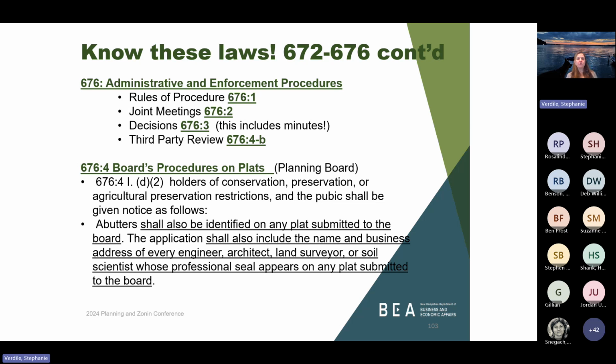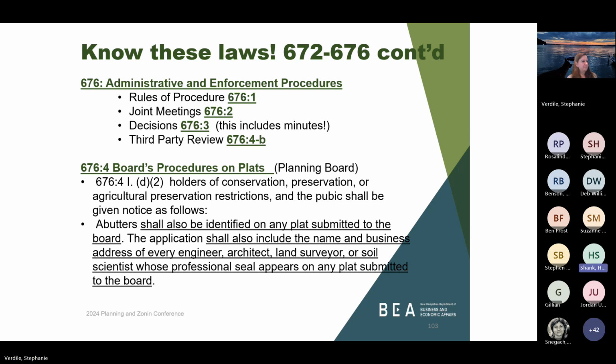So if you look at it as preemptive, catch something at the beginning, have someone working amicably. The third party review is not meant to be taken in a combative way. It's the protection of the town and the town's resources and the town's funds. Because I've worked in a municipality where they didn't get a third party review for a subdivision, and the road wasn't built real great. And now those people who live on that road have constant wet basements and flooding issues. I mean, who wants to have that? So all those types of things can be prevented with third party review. Huge fan, third party review.